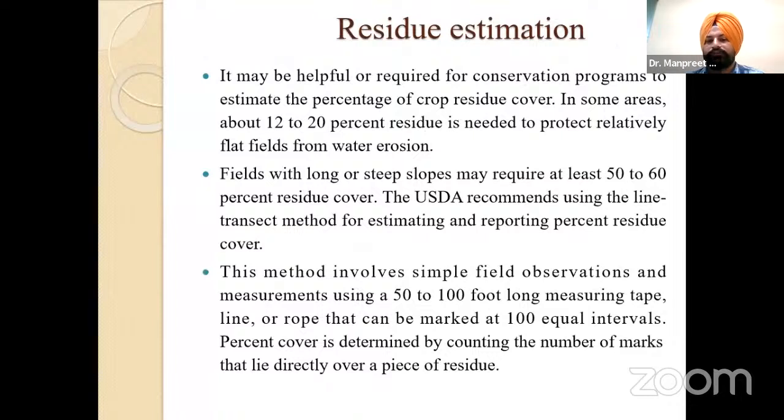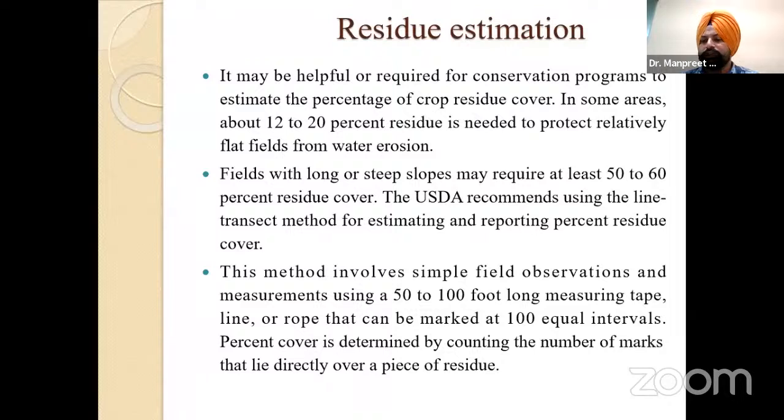उसके बाद आ जाता है रेजिड्यू एस्टिमेशन। अगर हम रेजिड्यू एस्टिमेशन की बात करें, तो इसके एस्टिमेट्स can be helpful for the percentage of crop residue cover in some areas. 12 to 20% of the residue is needed to protect relatively flat fields from water erosion. जैसे कोई फ्लैट फील्ड्स होते हैं, कोई रेनफेड एरियाज ही लगा लो आप, वहां पे वाटर इरोजन की बहुत प्रॉब्लम्स आती हैं। अगर हम सीआरएम को यूज करें, तो वो वाटर इरोजन हम ओवरकम कर सकते हैं। क्यों? क्योंकि ये जो क्रॉप रेजिड्यू हमारा अपर सॉइल कवर में होगा, वही इरोजन कंट्रोल करेगा।